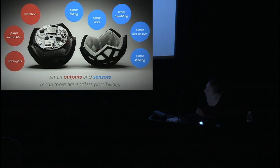Obviously this was a great way for us to test the app side without physically having to build it. But it's much harder to say, okay, and now the ball goes red, because it's just not as exciting as it actually going red. So that's why we moved on to a higher fidelity product. We thought this was the MVP at the time, the minimal viable product, but I think it was more like a pre-MVP because it wasn't a real product yet. So this is what it looked like. It looked pretty good, but